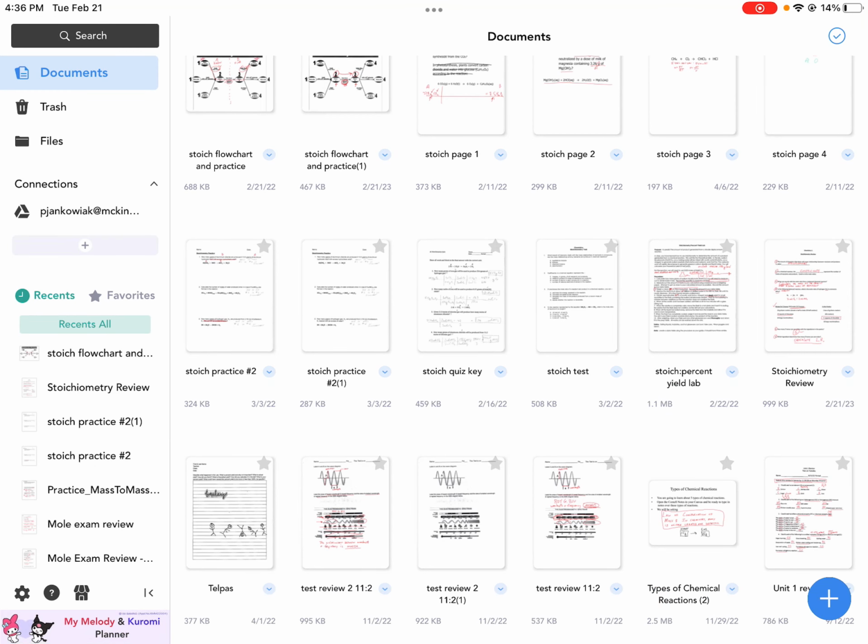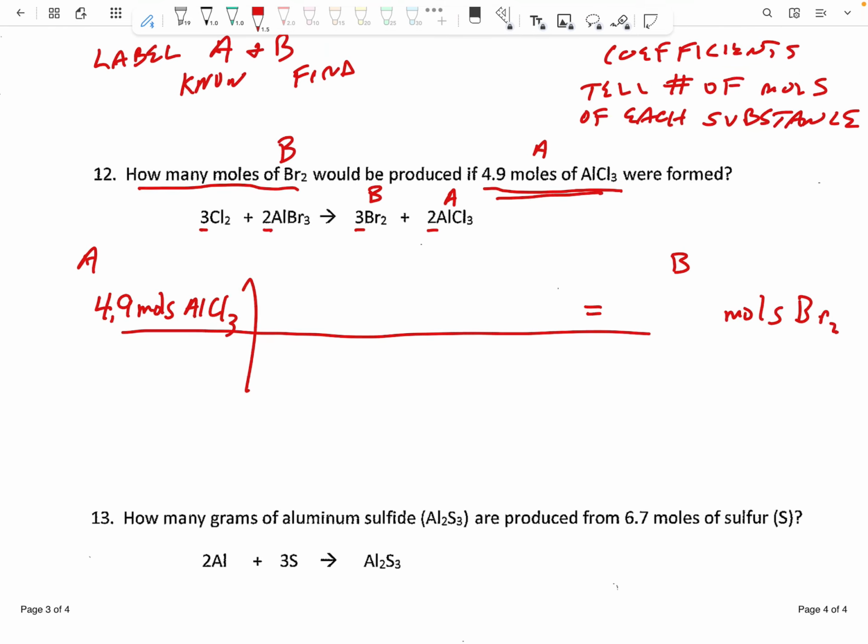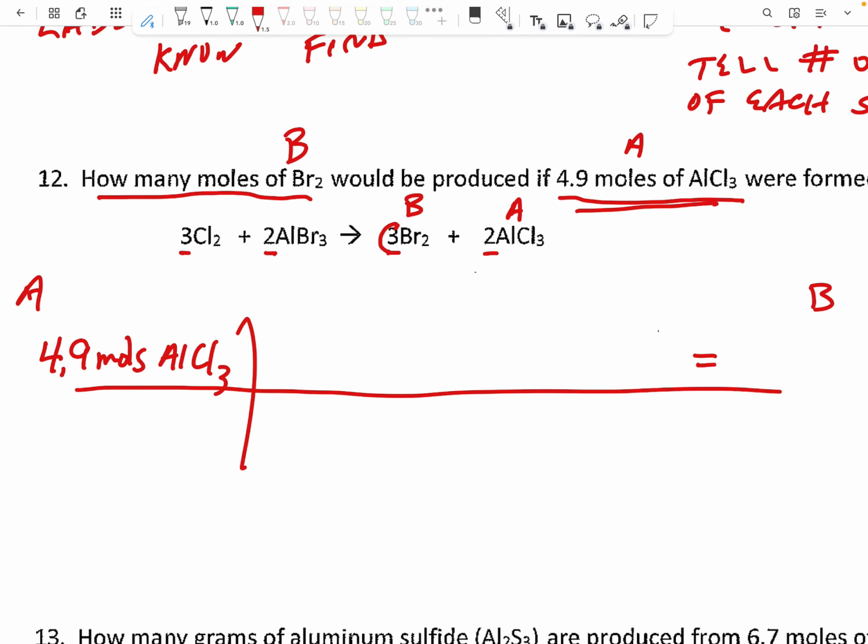So let's look at that. And here we go back to the review. So here's B. The moles of B happens to be the coefficient, which is 3. So what you're going to do, the moles of B is going to go on top. I'm just labeling it right here. 3 moles will go on top. And your A is this right here. And so we're going to put 2 on the bottom. I'm going to put moles of A right here, just so we know. And we're going to put 2 moles on the bottom. Now, the only thing we have to do is multiply and divide. So what ends up being is